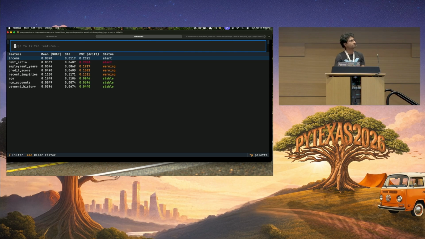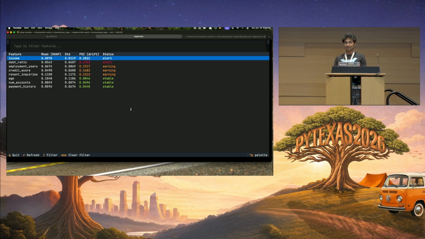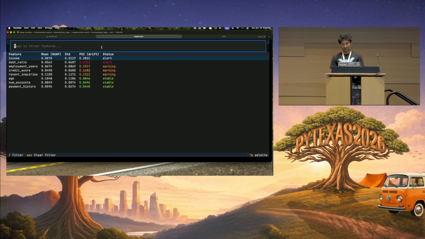So here I have an interactive dashboard. All of these are features, in a tabular format. It's auto-refreshing every 5 seconds, and it's a very simple one. There's nothing fancy, and nothing is really going to happen here, but the key idea is that you can go and create something more from here.